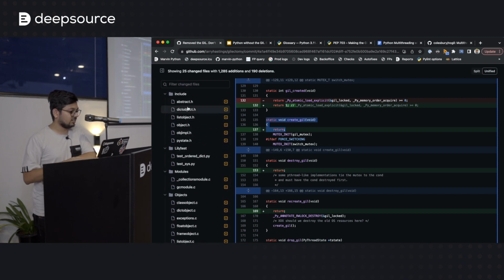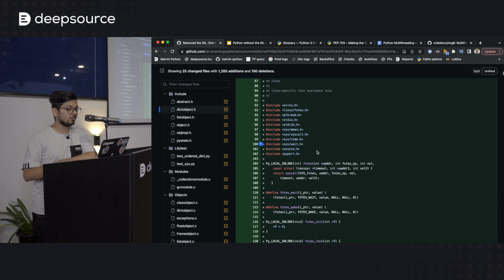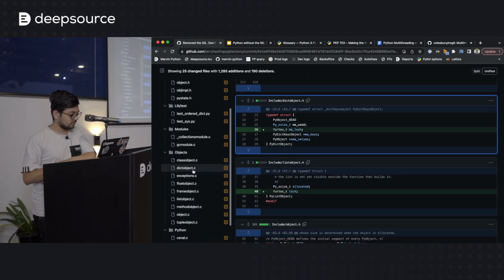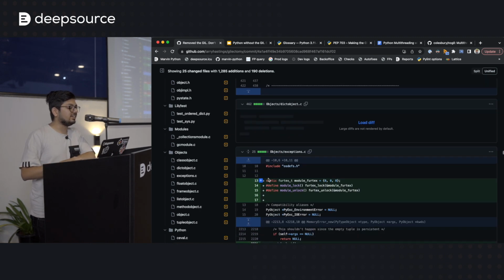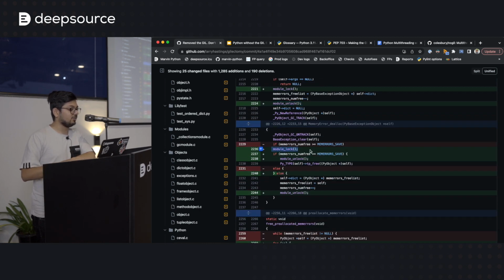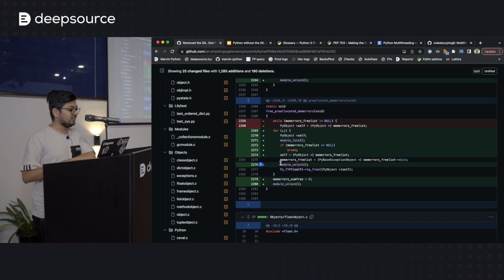But for things like dictionaries, what would happen is whenever you try to delete an object from inside the dictionary, you would take a tiny little lock to make sure that any other thread cannot access that dictionary at that specific point while the deletion is happening. Once the deletion happens, the lock is unlocked again. So basically, we take this giant lock and divide it into hundreds and hundreds of these tiny locks and unlocks.